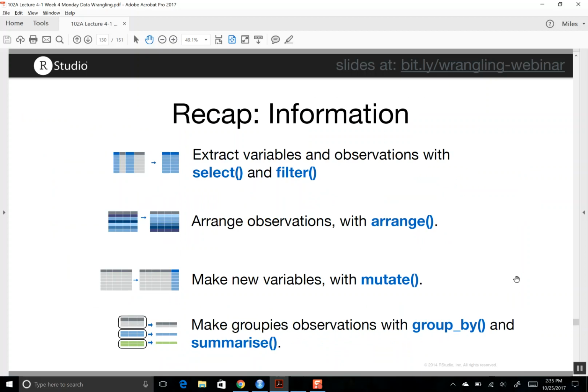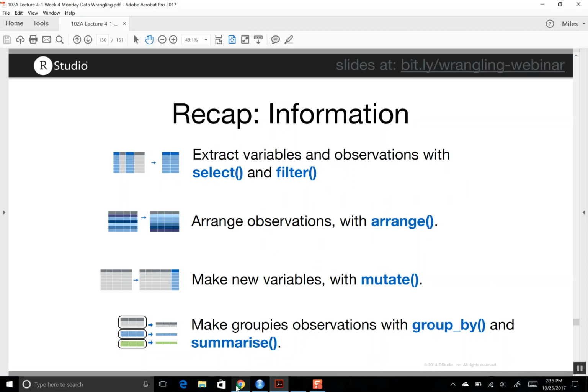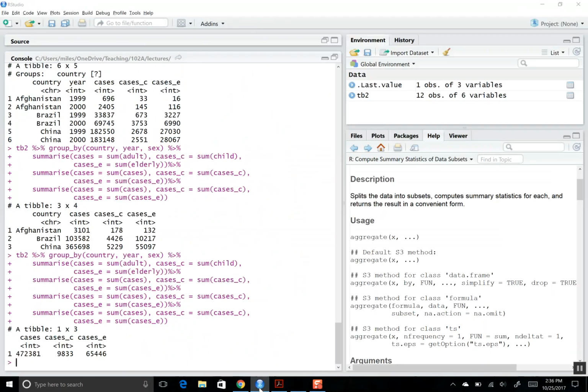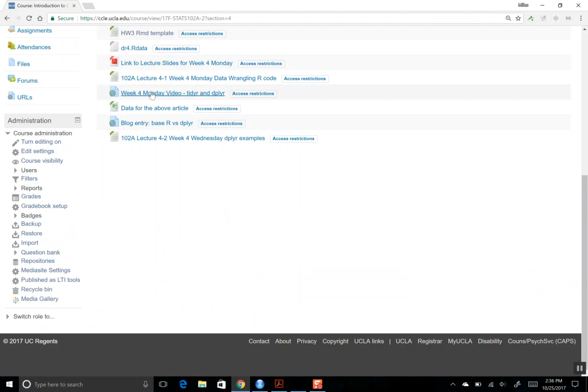Okay, so here it says we can extract variables using select and filter, arrange the observations with arrange, make new variables with mutate, and group observations using group by and summarize. Okay. Before we get into that joining data section, which I'm comfortable just leaving entirely, I've linked to this blog entry